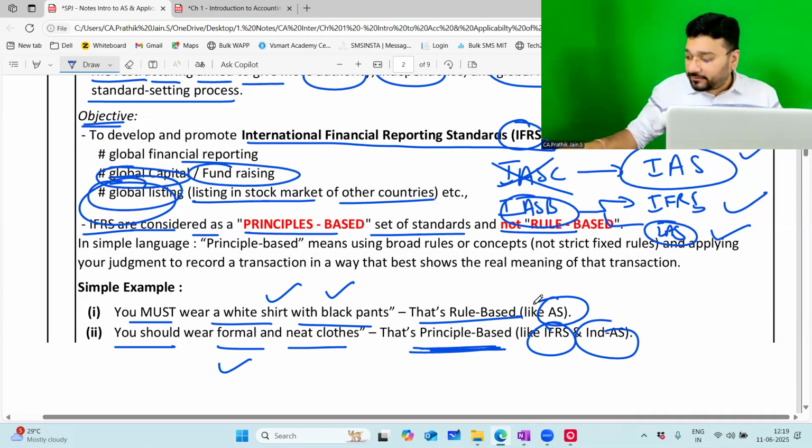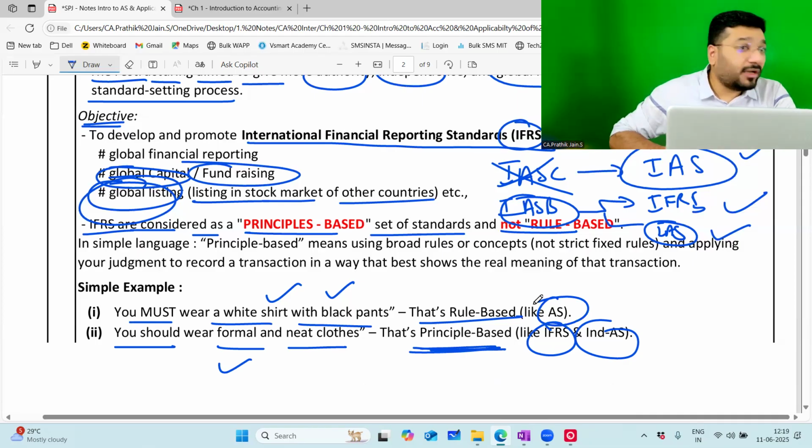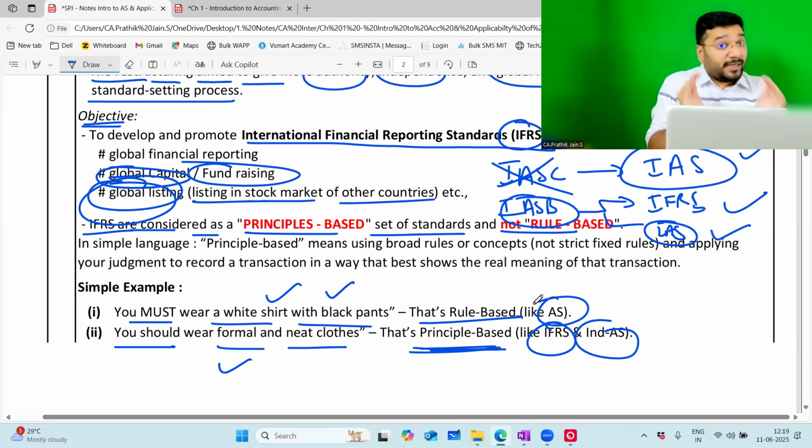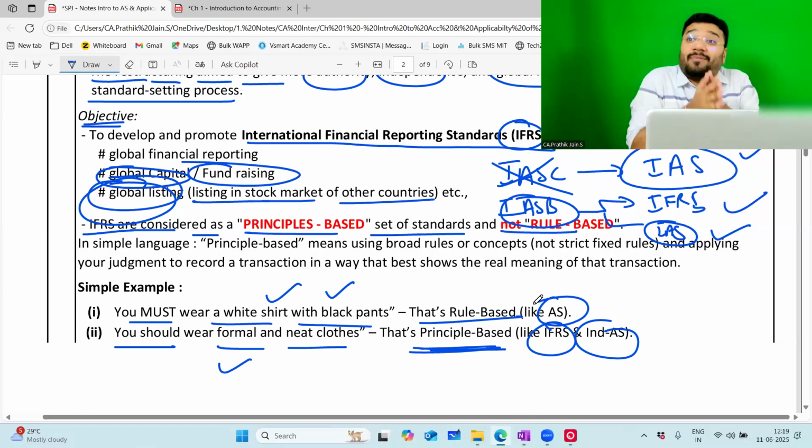Nowadays, this is in trend. In wedding functions, they have something called a haldi function. In the haldi function, they say that you have to come wearing only a yellow dress. So when I give the instruction that you should come wearing only a yellow dress in that function, that function is what based? Rule-based function. If I tell you that in the reception you can come wearing any formal attire, normal shirt, pant, overcoat, just a blazer or overcoat with blazer, whatever you want to wear, you can wear it. Means I'm telling formal, I'm restricting to formal. I'm not making you wear the traditional dress. It's formal, but within formal also you have multiple options. Then that is called principle-based.